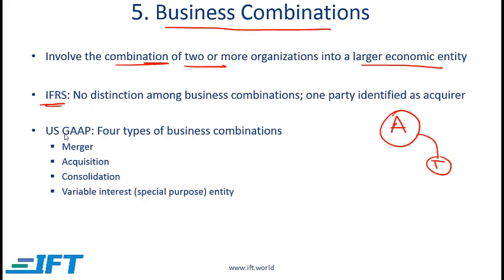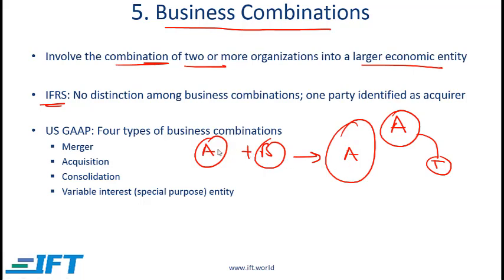Under US GAAP, we have four types of business combinations: merger, acquisition, consolidation, and variable interest entity. In a merger, we have two companies, let's say A and B, which merge, and then we have a larger A in the sense that A is simply taking over B and becoming larger. B ceases to exist. With an acquisition, we have company A acquiring company B, and then we still have A